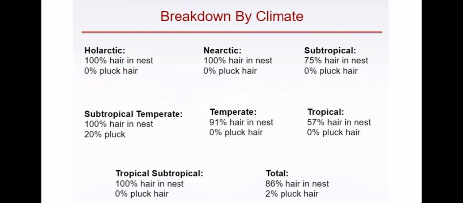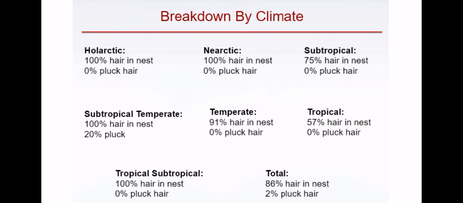From there, we took the birds with hair in the nest and we calculated the percentage of them that actually pluck the hair for their nest. Note that out of all the birds, 86% have hair in the nest, yet only 2% pluck. In the breakdown by climate, it can be observed that the only population with a bird that plucks hair is a subtropical temperate climate. Additionally, it can be seen that in all climates, at least 50% of birds have hair